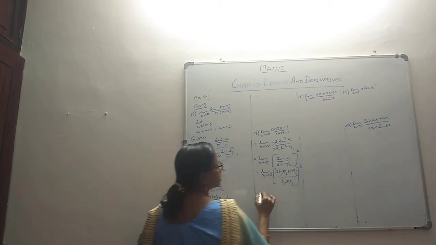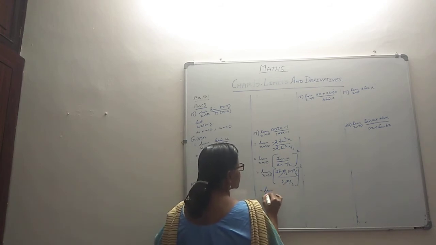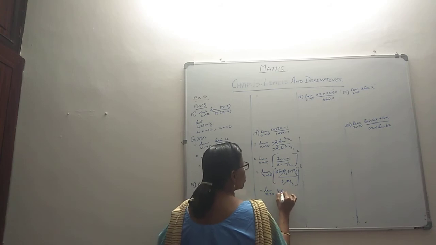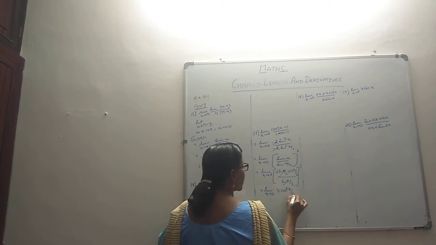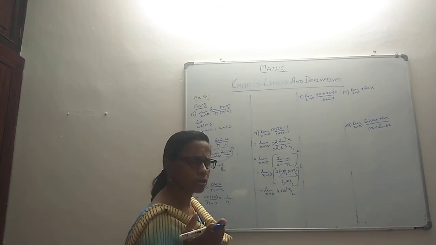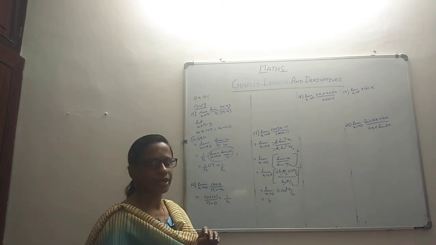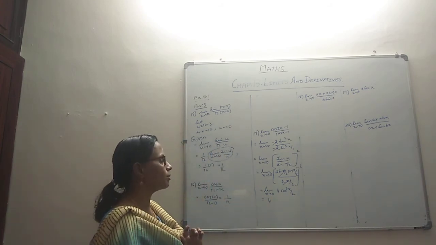So what are we left with? 2 cos x by 2. Can you go in for a substitution? So that's like limit as x tends to 0 of 4 cos squared x by 2 when we get the square, and get the substitution. Cos of 0 by 2 is cos 0 itself. Cos 0 is 1, so it will come to 4. That's it, right? It's basically just the application of the formula.